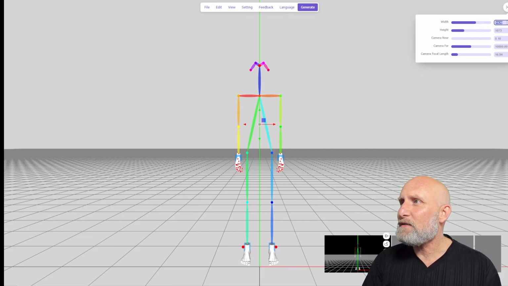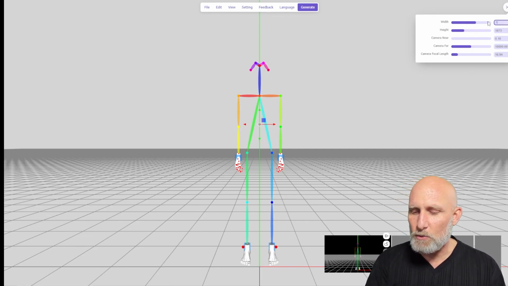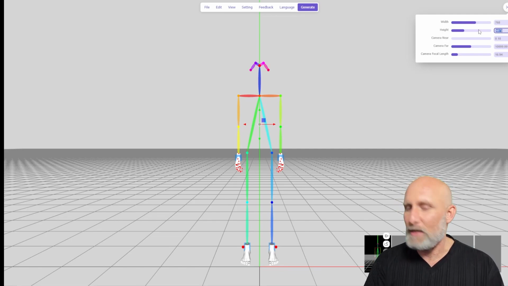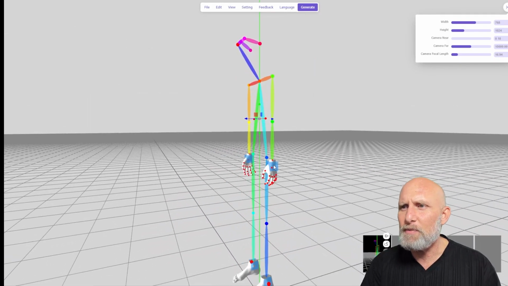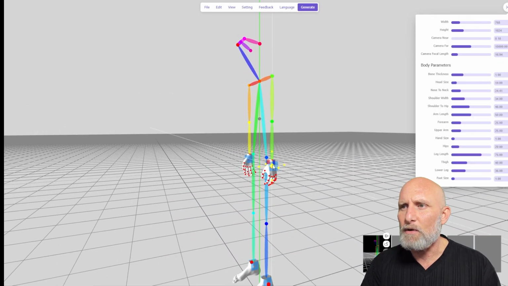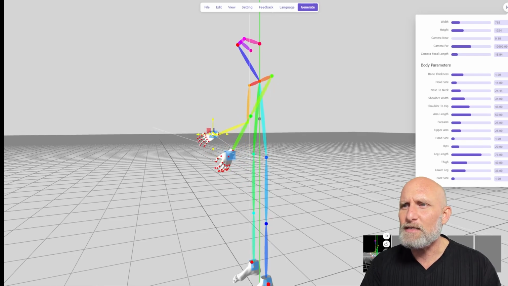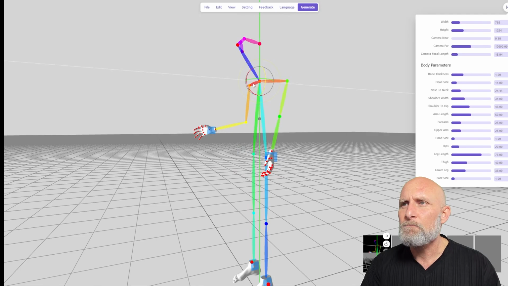Here you can simply decide the size of the image that you want. So we had 768 by 1024. And you can move the camera, you can rotate the camera and choose your positioning. You can simply move the hands wherever you want, for example, and like so. It's really a simple 3D concept, and you can rotate the head, for example. You can rotate the shoulders, and you can